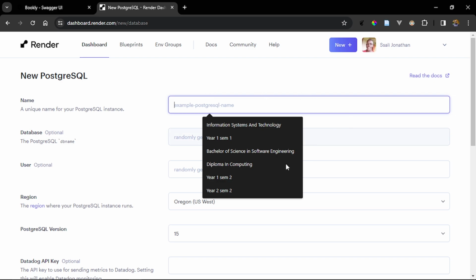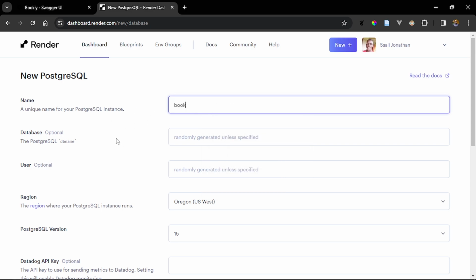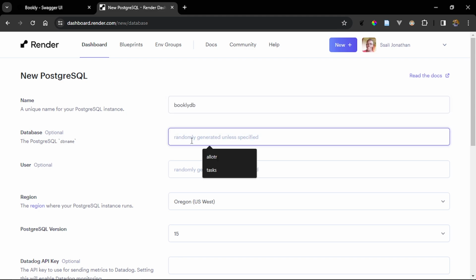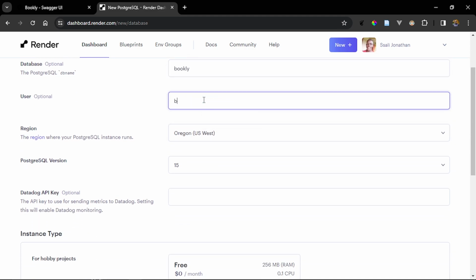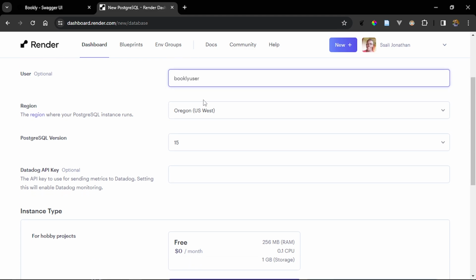and I'm just going to choose a name for this database. In this case, I'll call it Bookly, which is going to be the name of our app. Or let me actually call it Bookly DB, and then I'll give this database name. So I'll say Bookly, and then I'm going to create a user. So I'll say Bookly user, and then I'll go ahead and specify the region where the Postgres instance is going